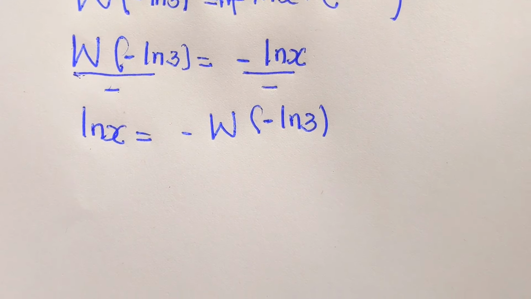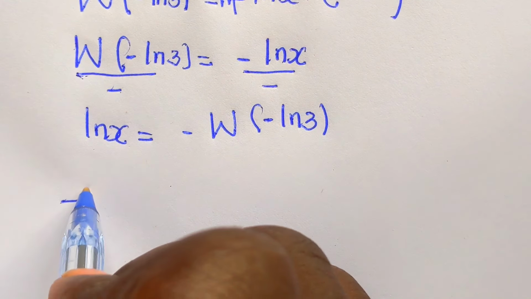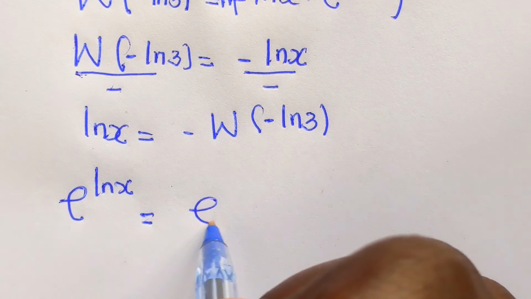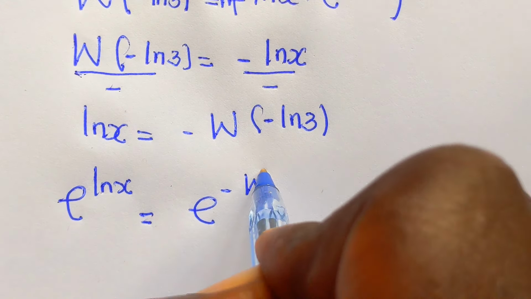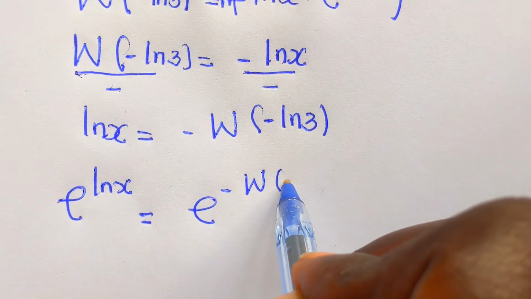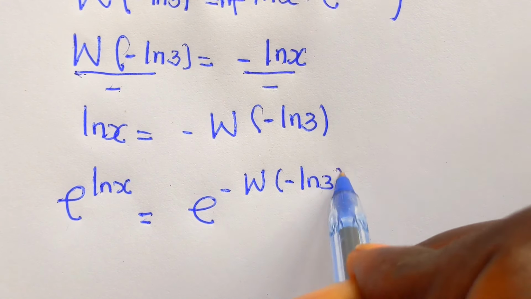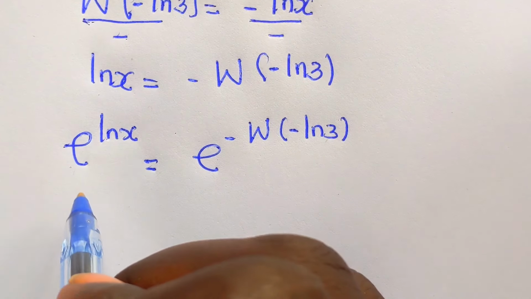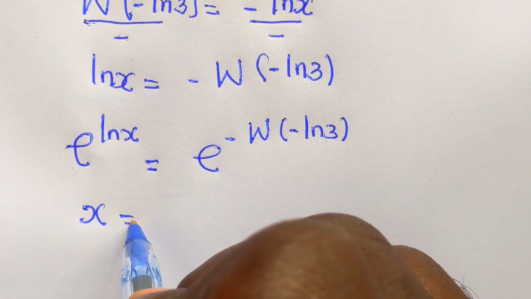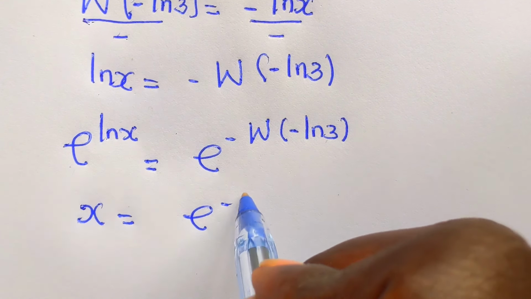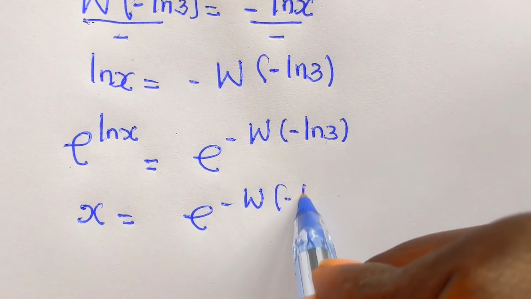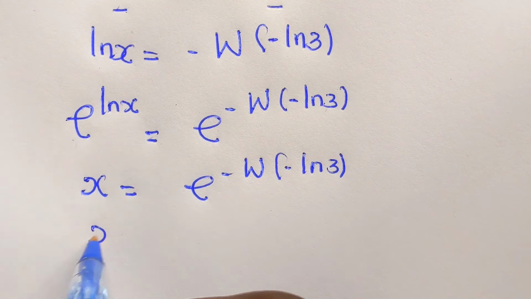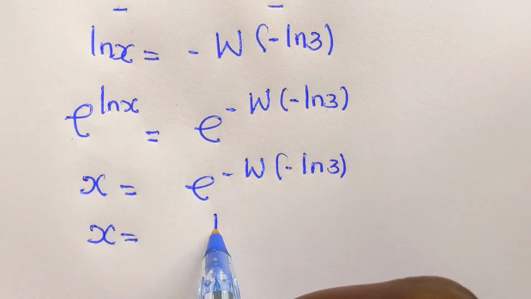At this stage here we shall apply e to get e^(ln x) is equal to e^(-W(-ln 3)), so that e^(ln x) is equal to x, which equals e^(-W(-ln 3)), so that here x is equal to 1 over